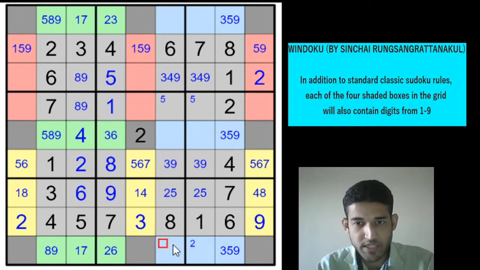Okay, let's focus a little bit on the blue cells now, because we have marked 3 cells already and 6 and 8 cannot be in these 3 cells. Since the blue cells contain 1 to 9 as well, these 3 cells cannot be 6 or 8, right? Also they cannot be 3, 5 or 9, because we have marked 3, 5, 9 in these blue cells. So they can only be 1, 2, 4 or 7.